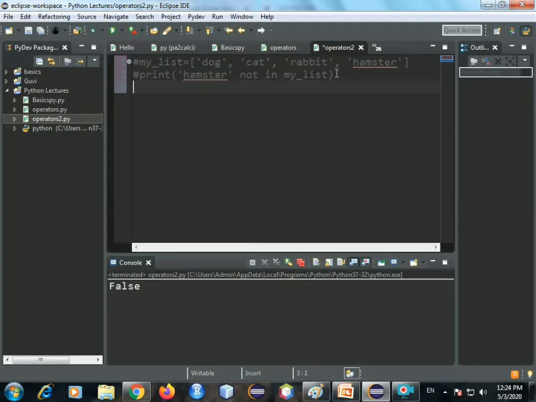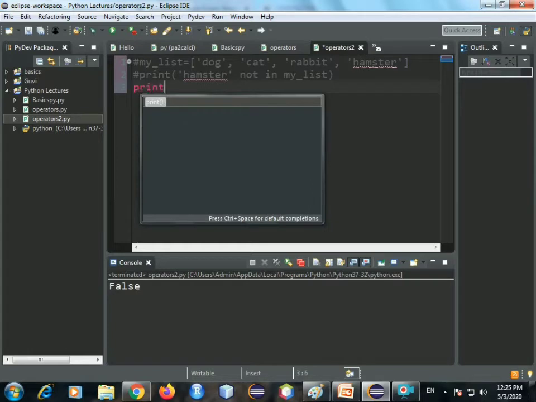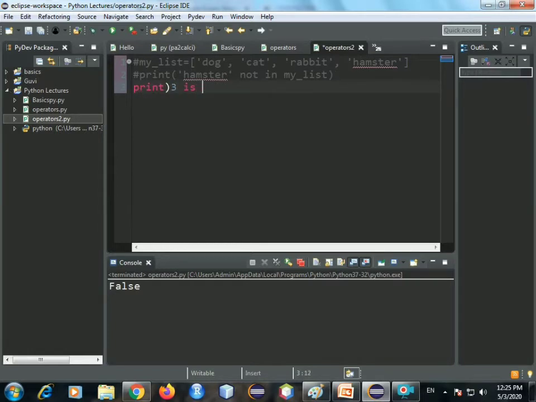Now let's take an example, 3 and 35. 3 is not the same as 35, so it will give us false, right? So let's print 3 is 35. It should return a boolean value saying false, because 3 is not 35. Let's run it. See, it gives us false.